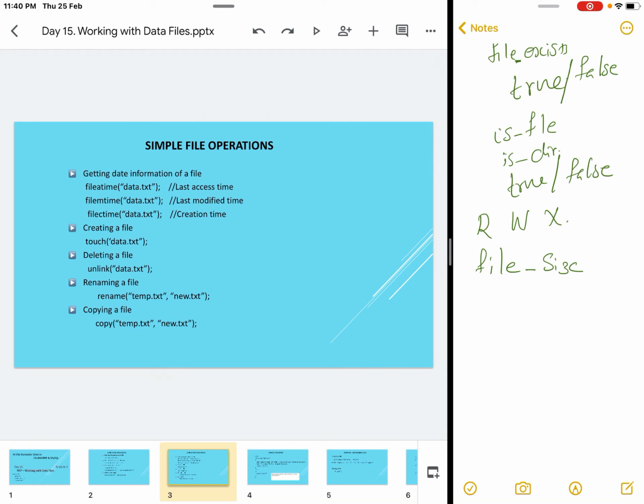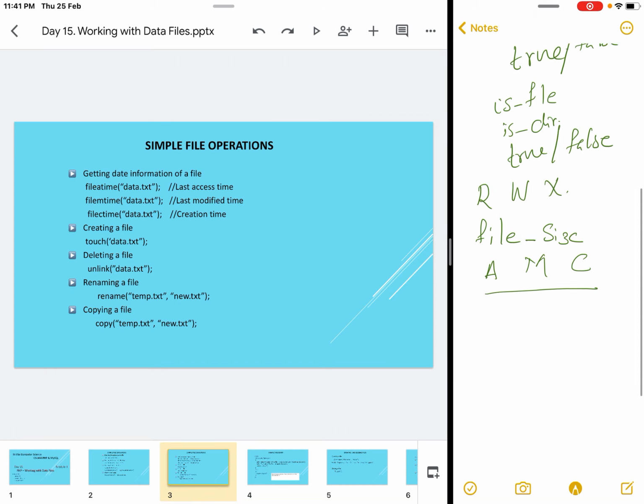There are a lot of functions actually available, but explaining all of them is not possible. So we are looking into only the important file operations and functions available in PHP. In the same way, we can get the dates associated with the data file, either the date of access, the date of last modification, or the date of creation, by the functions fileatime, filemtime, and filectime.